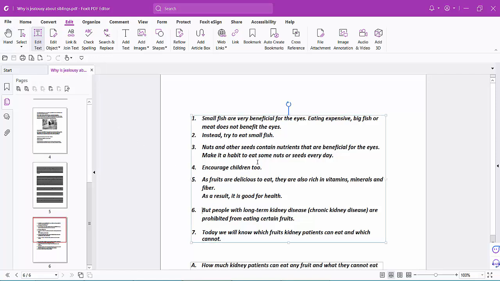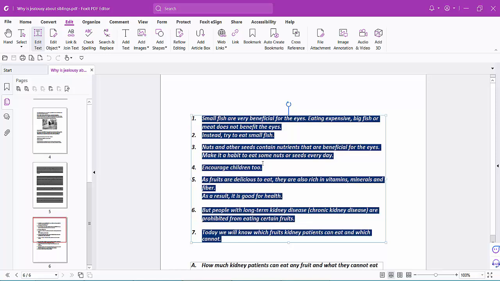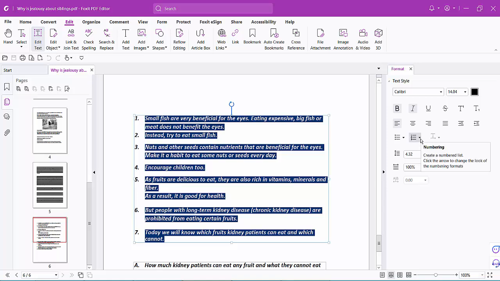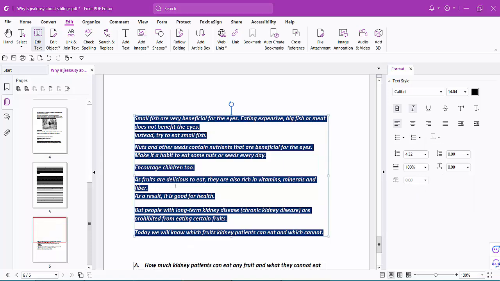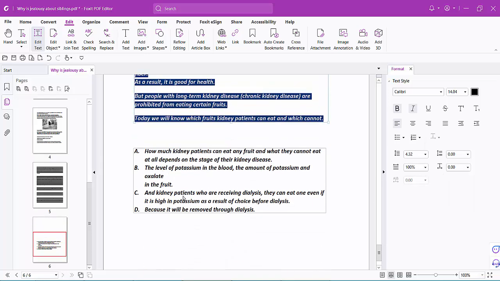Now click on this text box option and drag the mouse cursor, select your text or press Ctrl from your keyboard and select the whole text box. Now click this right sidebar arrow and this is the number list option, click here and this close number list, click this and see this number list is now gone.